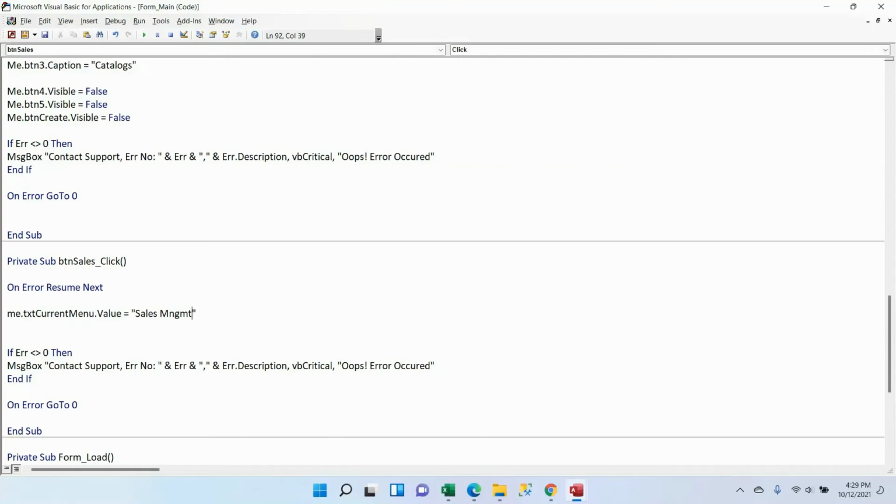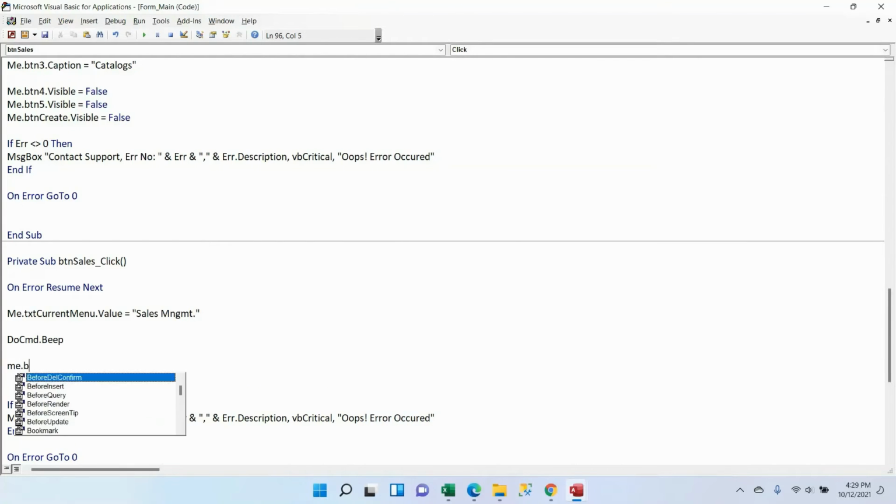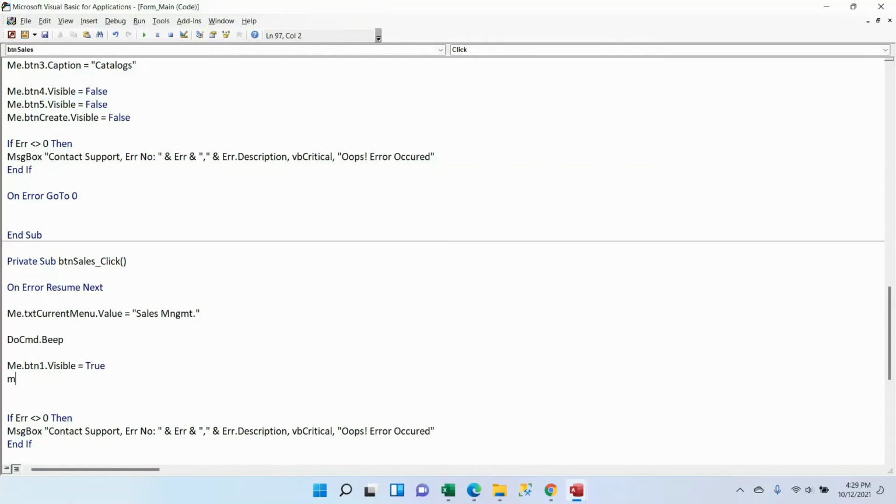Okay, shortcut. Oops. All right, do cmd.beep, then me.firstbutton visibility should be true, and me.firstbutton.caption should be,